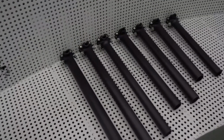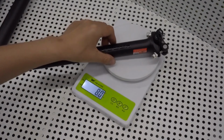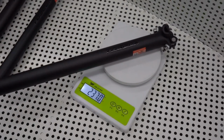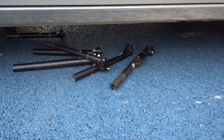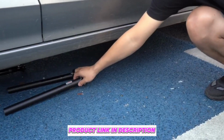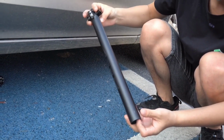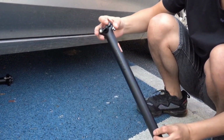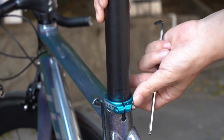Number 4. The TOSEEK ZF1 Carbon Seat Post is a sleek, lightweight option for MTB and road bike riders. Made from premium carbon fiber with an aluminum alloy head, it weighs just 200 to 240 g. Its matte black finish adds style, while its 0mm offset ensures efficient power transfer. Available in multiple lengths and diameters, it fits most bikes effortlessly and supports up to 120 kilograms, making it a